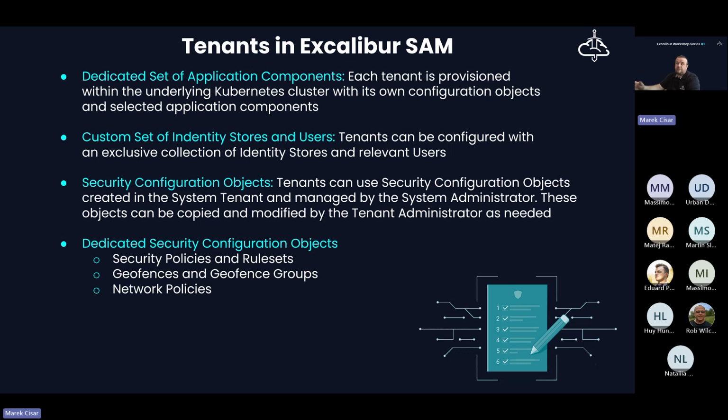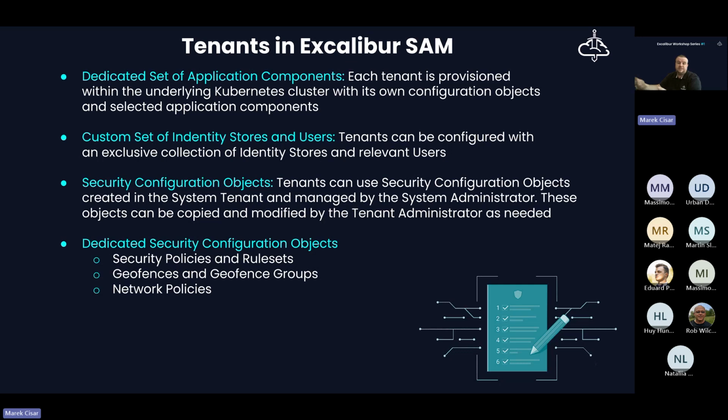Now let's talk a little bit about security and security-related configuration objects. Those are dedicated to each tenant, because the system security configuration is basically done in the same way as the tenant security configuration, because the system environment is basically a tenant as well.